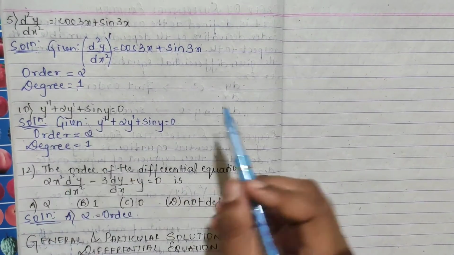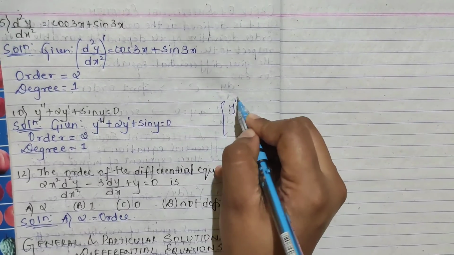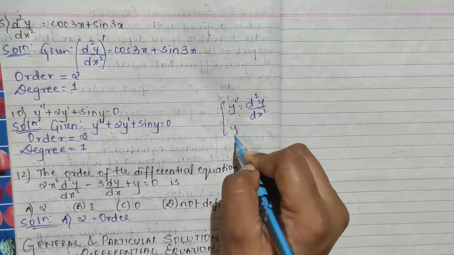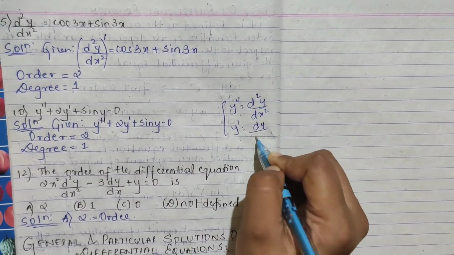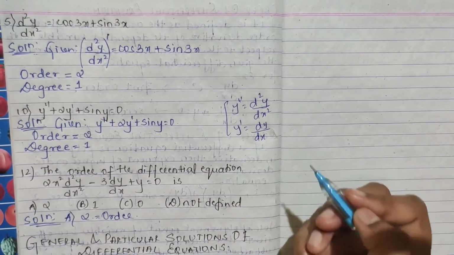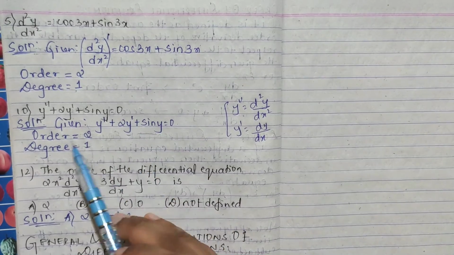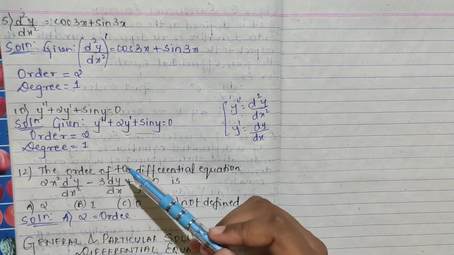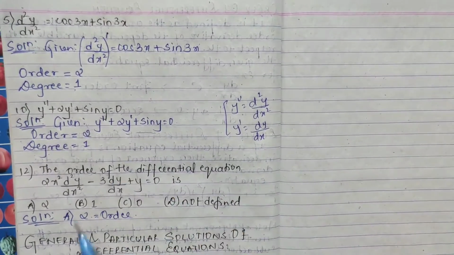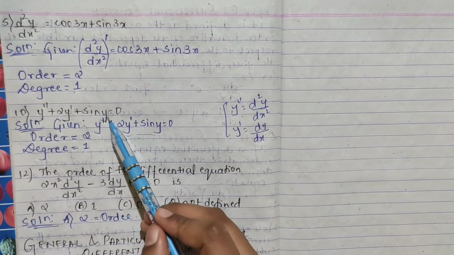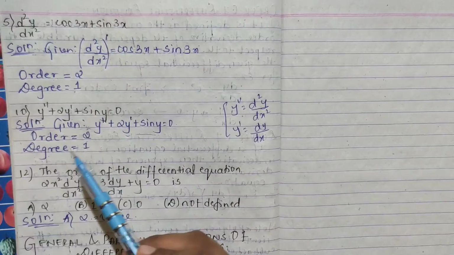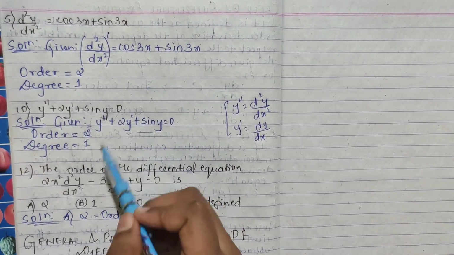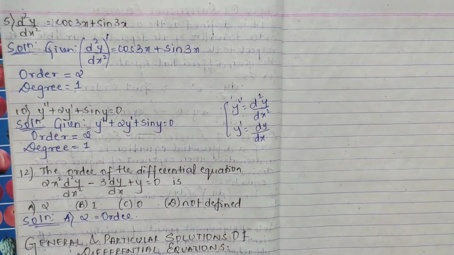Here y'' plus 2y' plus sin y is equal to 0. So order: y'' means, I have already explained, d^2y/dx^2. Y' means dy/dx. Simple. So your order, here you have y'' and y' also. But what we have to do first is check the highest derivative order, and the highest is 2. So order is 2. Degree, see, raised to 1 only. So degree is 1. I hope this much is clear.